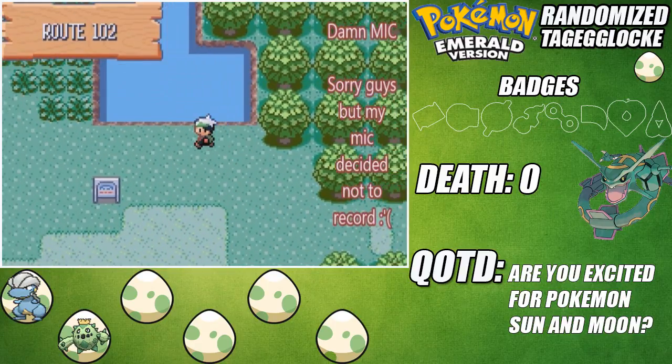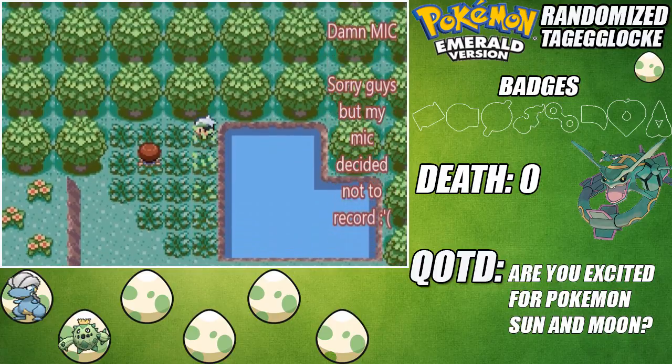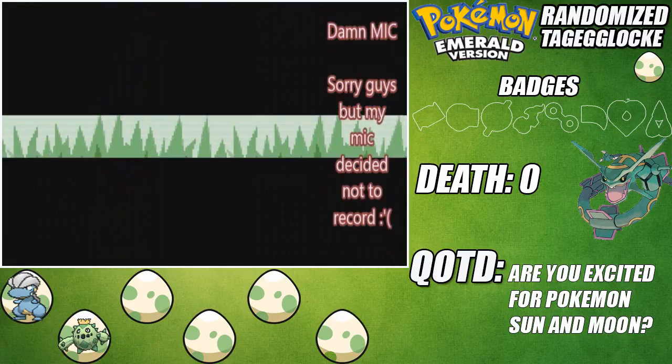But now I go off into Route 102 and I get my first encounter, and I decide to get my first encounter in the patch of grass next to the water. Now I don't know what I'm doing here, I forget what I was talking about, but okay, so here I go. I forgot what I was talking about, but I'm pretty sure it was something important or whatever. But